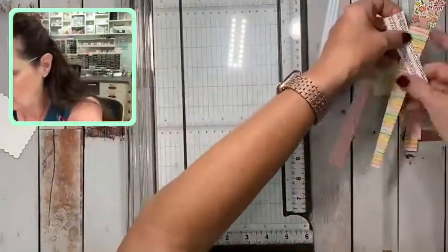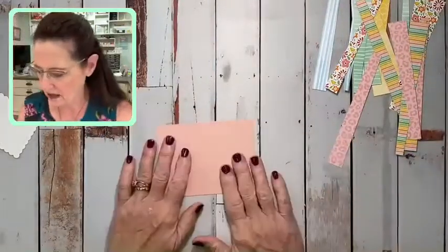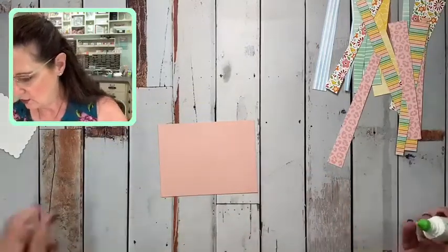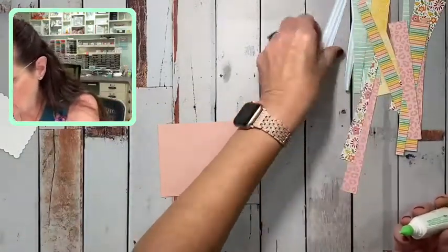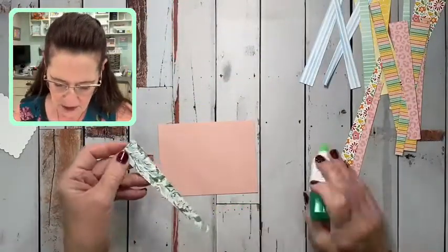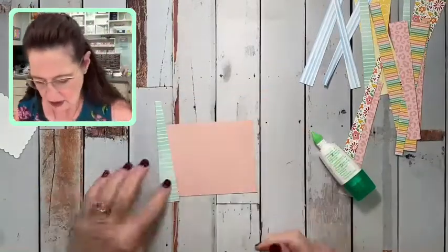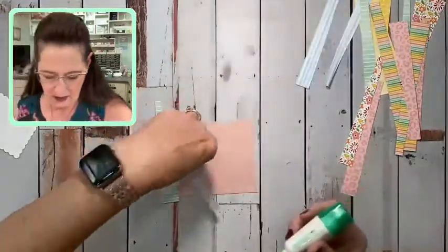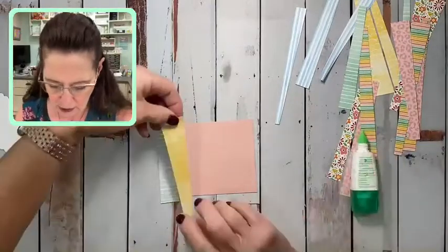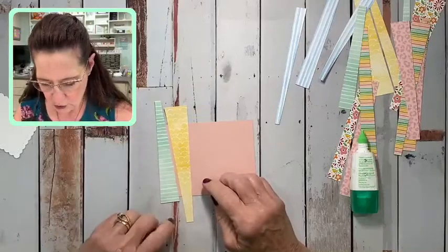All right, now we've got our strips. Let me move my cutter out of the way and bring in my piece of cardstock. I like to use my liquid glue. I'm going to start with this green, so I'm going to put some glue on it. I'm going to start right here on the edge. I don't want to do a stripe against a stripe, so it's going to be on the edge here. I don't put glue all the way down, and I'm leaving a little bit of a strip here